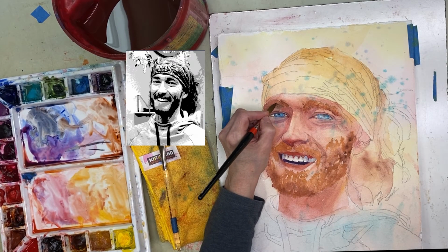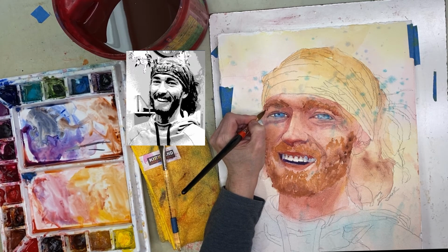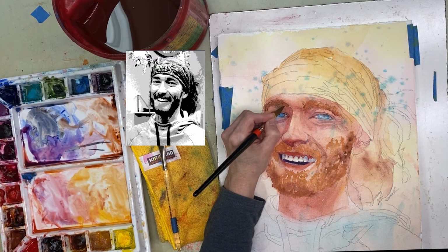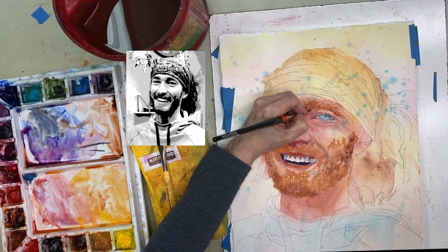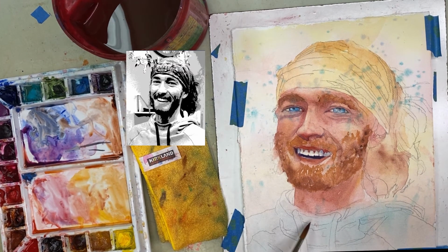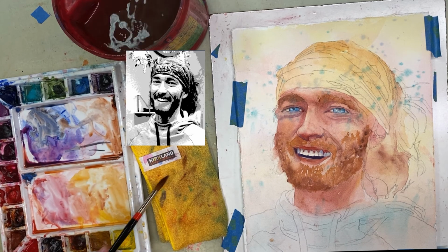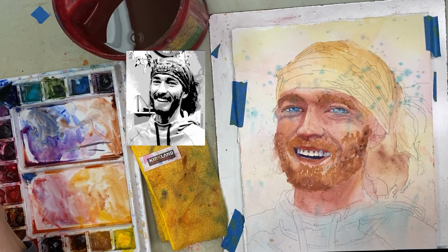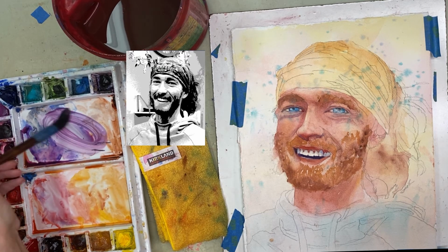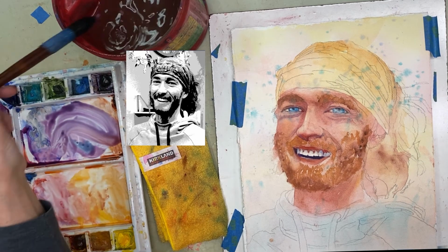This side does not have that light golden blonde here. There's a dark here. This is really light. So let's go with a big brush. I'm gonna grab this color that I used, this one, and I'm gonna mix that one, and that should give me a little